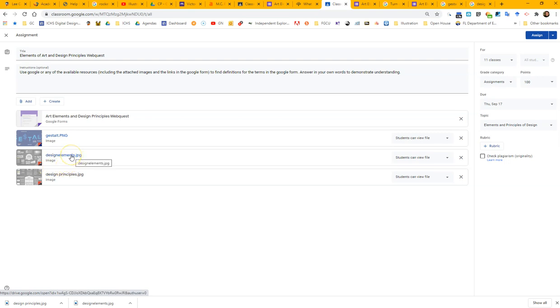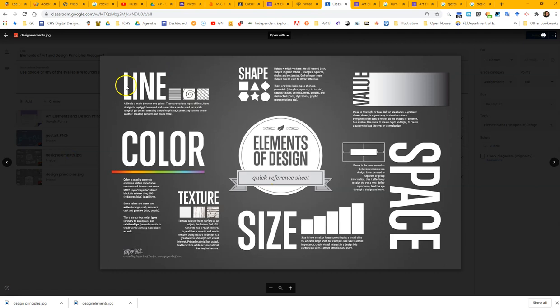And all of these things are using different design elements, and the design elements are built into every design. You have line, you have color, texture, size or scale of something, value, space,